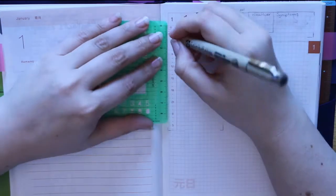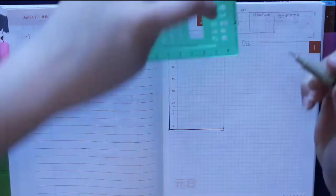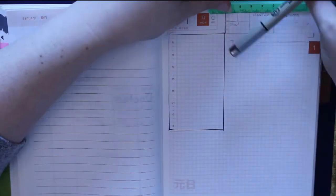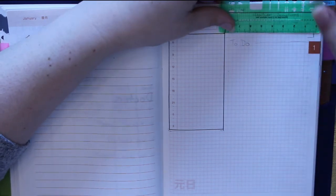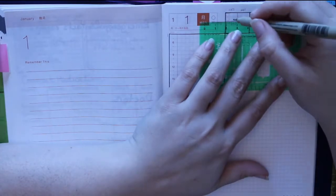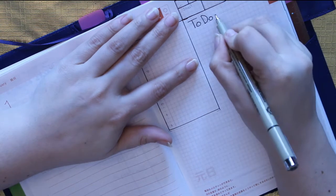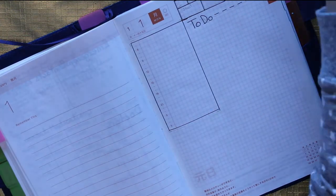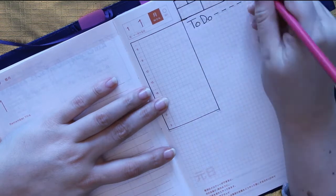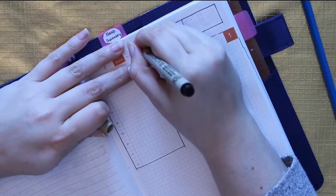So here I'm going in on my daily layouts, and this layout is probably going to change a lot. So the first two things I definitely wanted to track are my sleep hours and my AHI, which, if you're not aware what that stands for, basically when you have CPAP therapy, AHI is like the number of event averages or something. I'm probably getting it wrong. If I do, feel free to correct me in the comments. So right here I am going to be tracking those. Then the weather of what actually happened, because if it does rain, that tends to aggravate my symptoms. And then a little box to track all my other symptoms that aren't necessarily all the time, or that my doctor's not necessarily